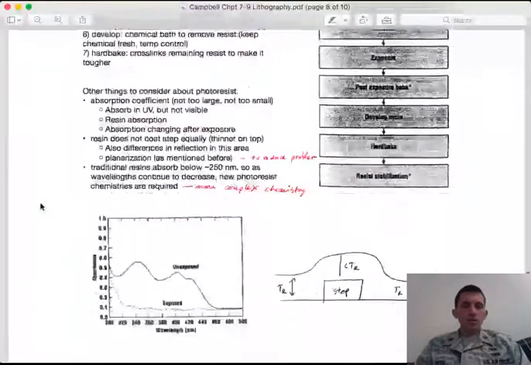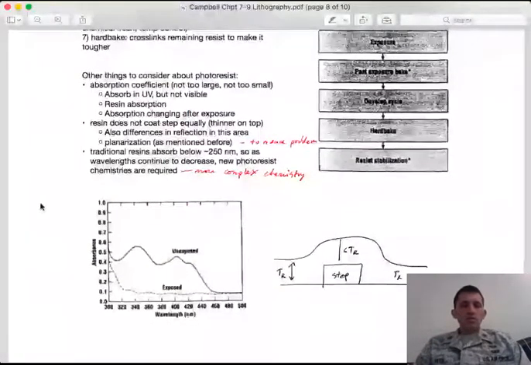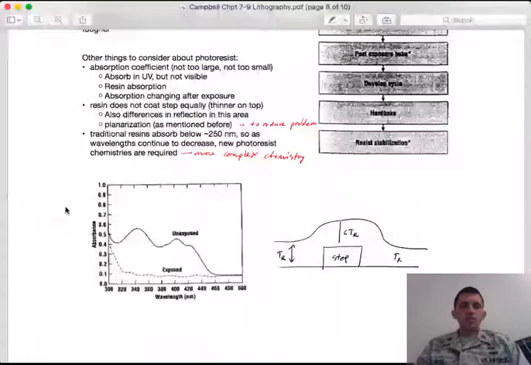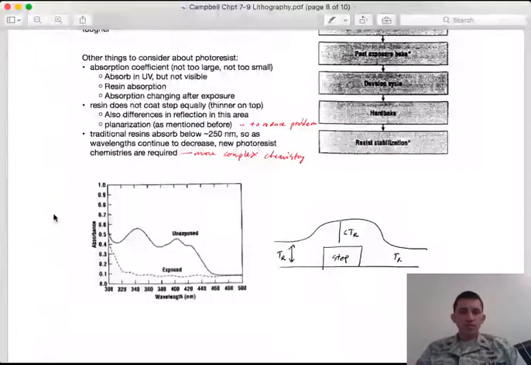All right. So some things to consider about photoresist. When we are applying the UV photons, they're being absorbed. That's what's driving the chemical reaction to either increase or decrease the solubility. So you need to be aware of what the absorption coefficient is, and it needs to be within